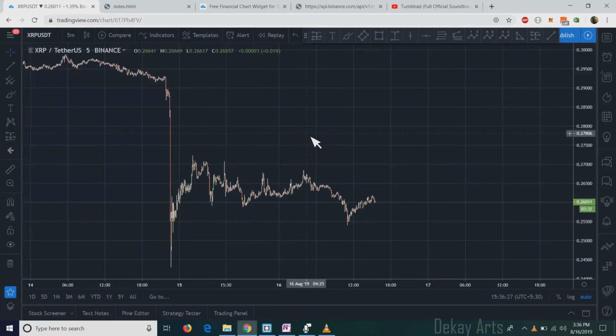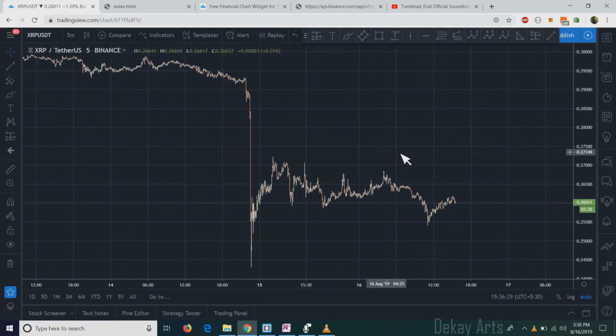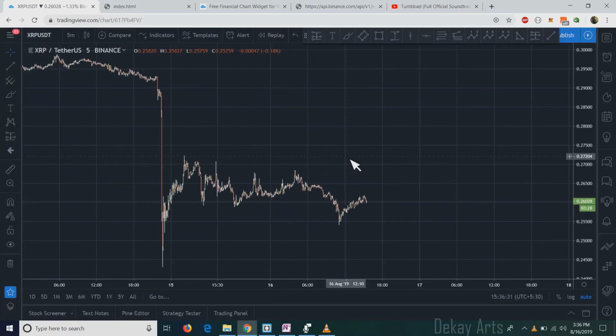Have you ever wondered if there is a way to programmatically open a TradingView chart? For example, whenever you want to open a chart, you would go to the TradingView website, enter the symbol, change the time frame, add the indicators, change the time zone, and do all sorts of things. So wouldn't it be nice if there is a way to automate all that, and in the program you can do all that and open the required chart that you want just by the click of a button? So in this video I'll show you how to do that.